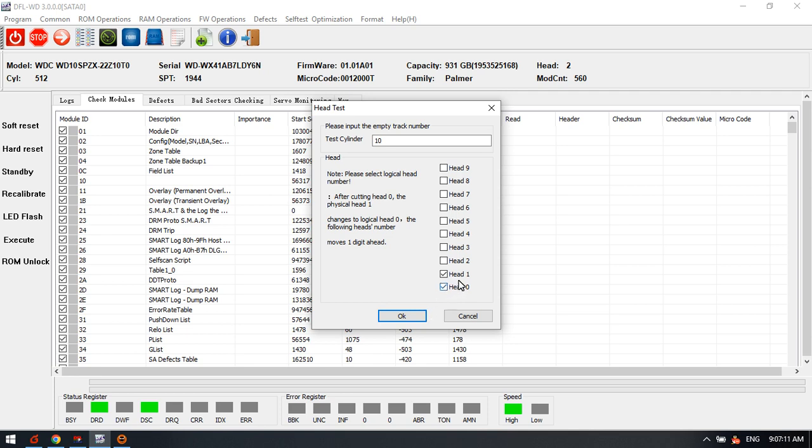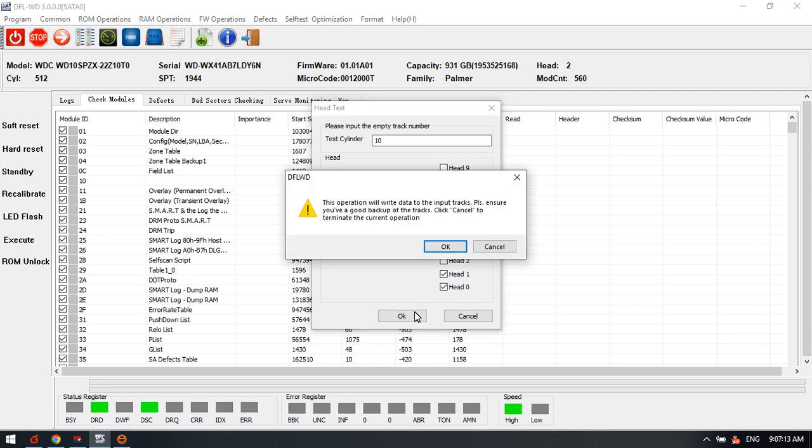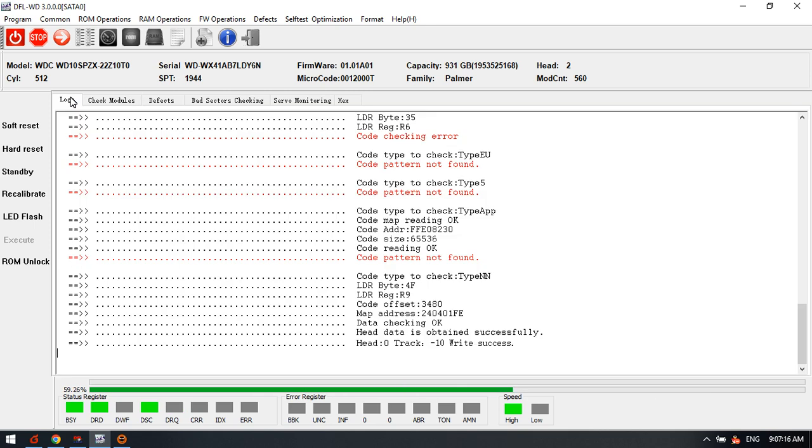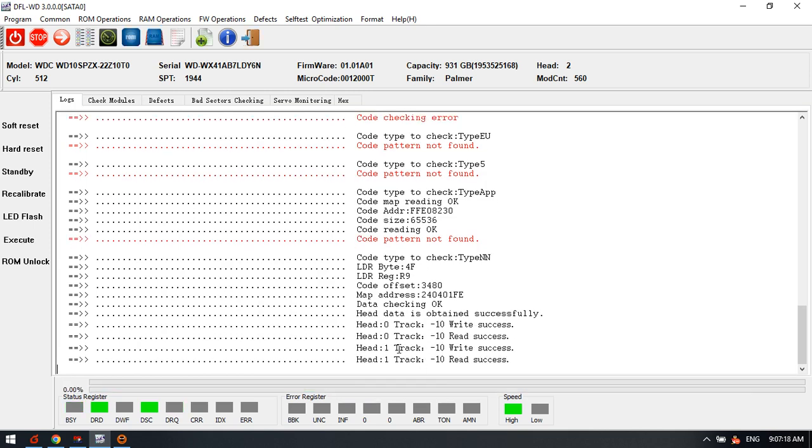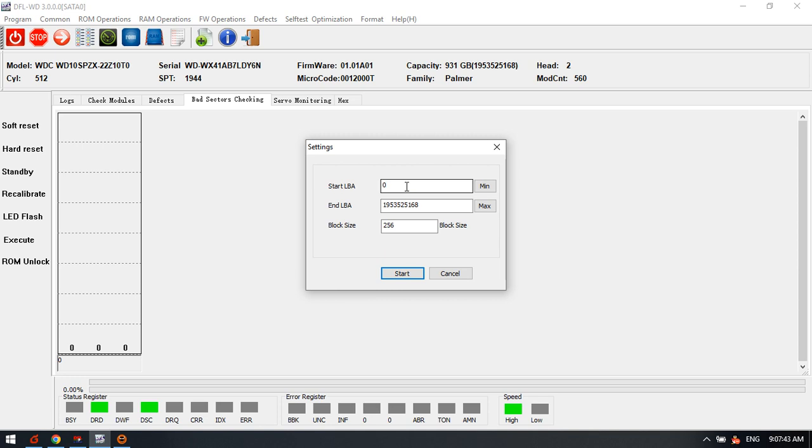Now this drive has two heads, and we can try to click OK to test both heads. Now we can see that both heads can read and write successfully. So this is head read and write test. But please note, this test is just to test the firmware error, it cannot test the data error. To test the data error, users can go to the bad sector scan and try to scan different